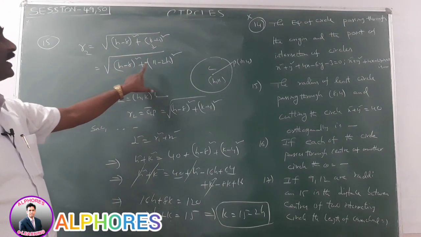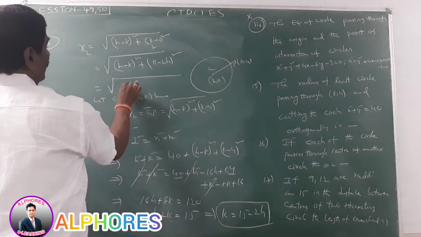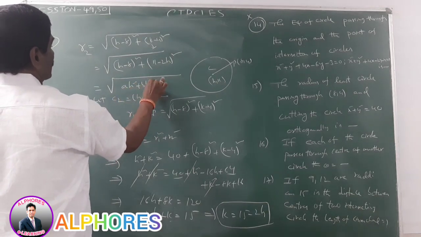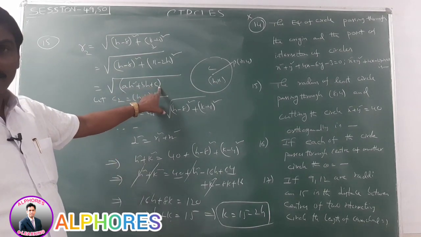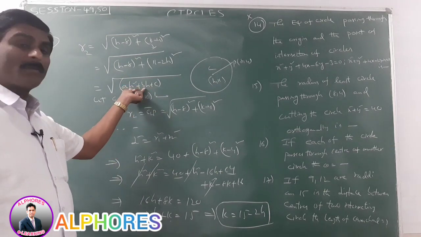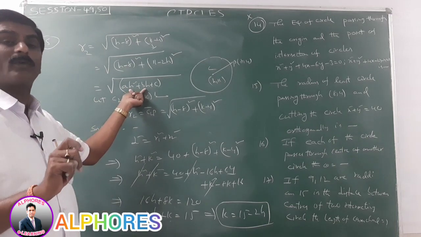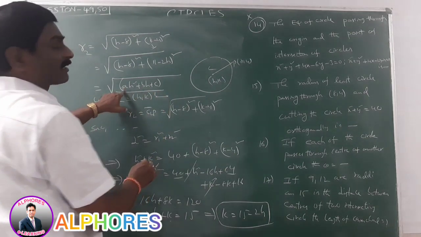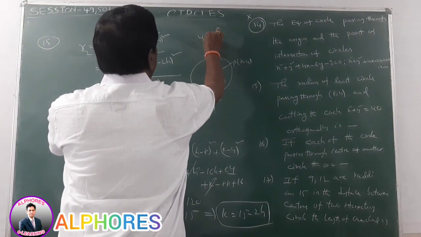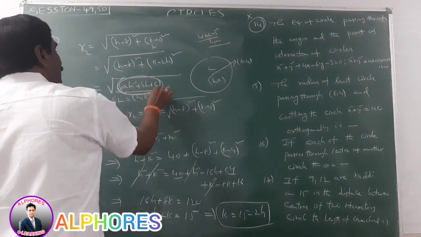In this case, the only variable is h. It is a quadratic in h. After expanding, we get ah square plus bh plus c. Okay, in a quadratic equation ax square plus bx plus c, if a is greater than 0 we get a minimum value, and if a is less than 0 we get a maximum value. For getting the minimum value, if a is greater than 0, the minimum value is 4ac minus b square by 4a. By using that property, we find the minimum value of this value.